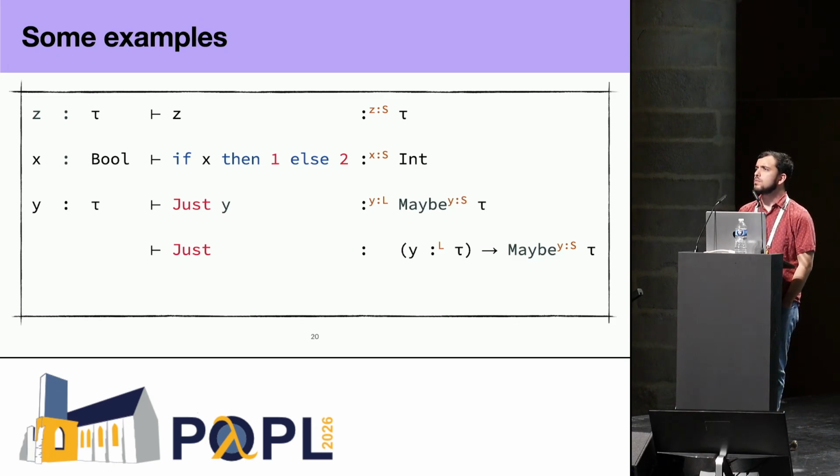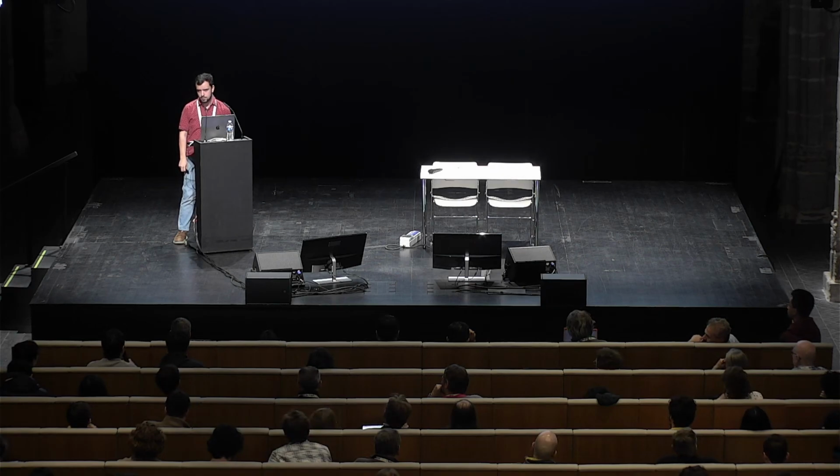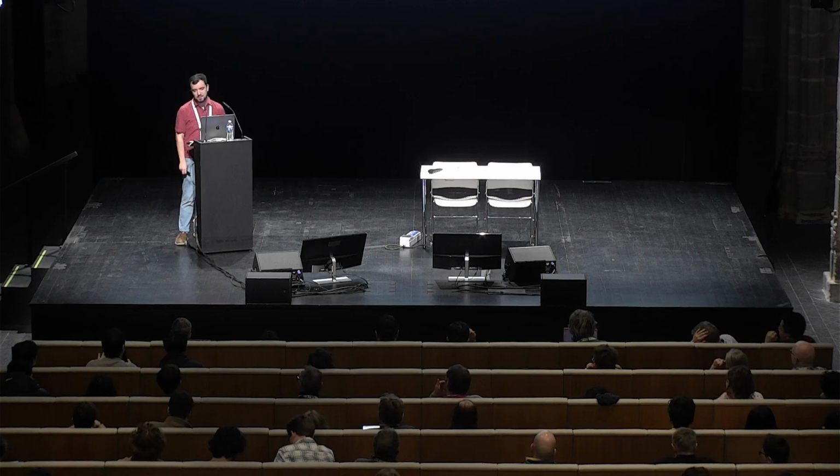So if I understand it correctly, you need to record every free variable in each type constructor. So does it cause efficiency issues? Because basically your types will grow as your program size grows, and you need to duplicate these free variables for every layer. So have you done some empirical evaluations on whether it